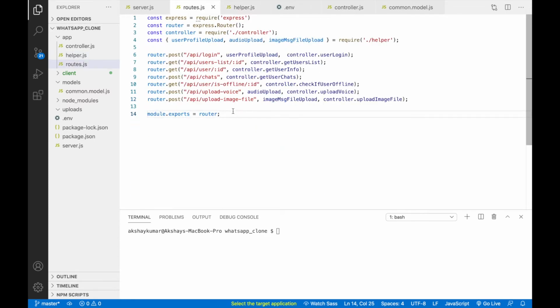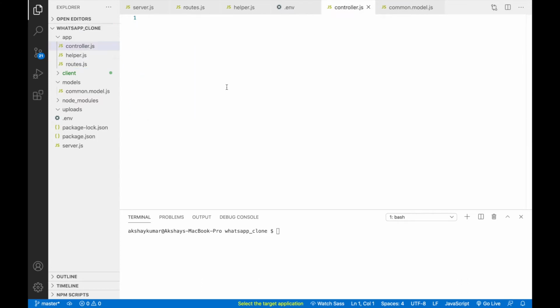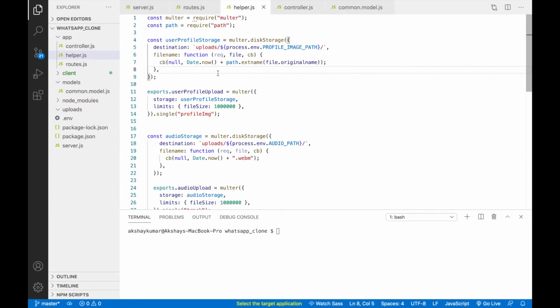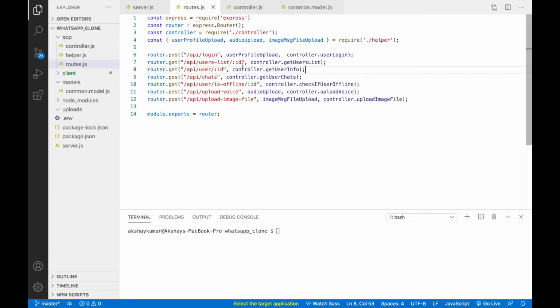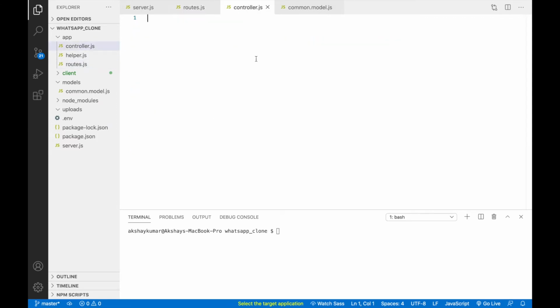Okay, so now we'll write our controller methods inside our controller. So the first method will be userLogin. I will just pick that method, this one. We'll write exports.userLogin equals async, and pass request, response.